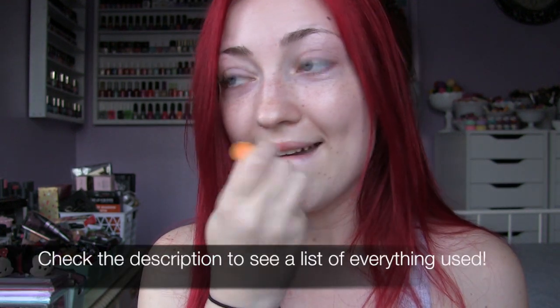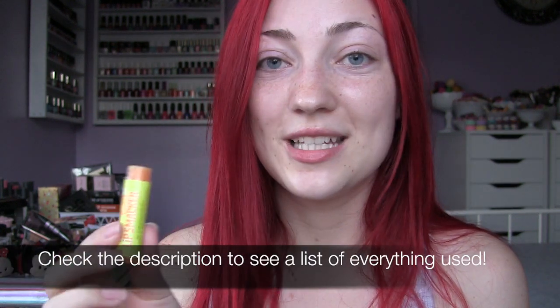And I'm also just going to apply a little bit of lip balm here. This is the Orange Juice Lip Smacker. It's so silly, I know, but it smells amazing. It smells like orange rainbow sherbet ice cream. I love it. I'm probably going to just use these singles today, and I also have these really cool cream